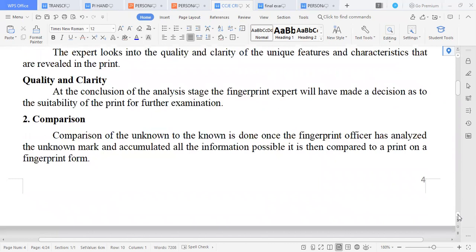So after analysis, we now proceed with letter C, and that is comparison. Comparison of the unknown to the known. So again, I would like to make it clear that when we talk about unknown prints, it refers to the questioned prints, and the known prints refer to your standard print. It is done once the fingerprint officer has analyzed the unknown mark and accumulated all the information possible. It is then compared